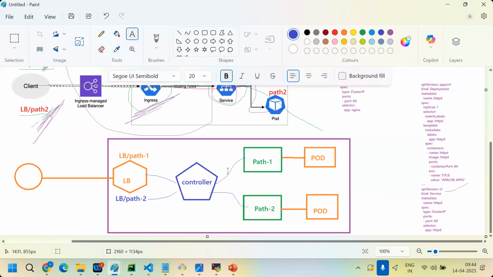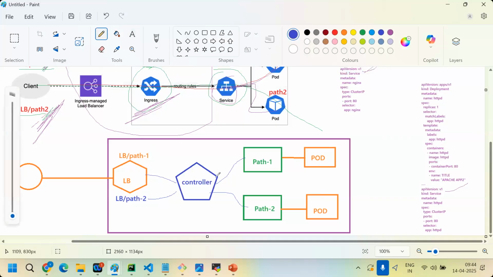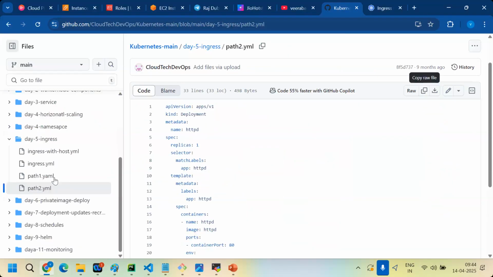Clear or not? So this controller, based on the path, sends traffic to the specific path. Here we have an ingress.yaml. How will this ingress.yaml work? See now.